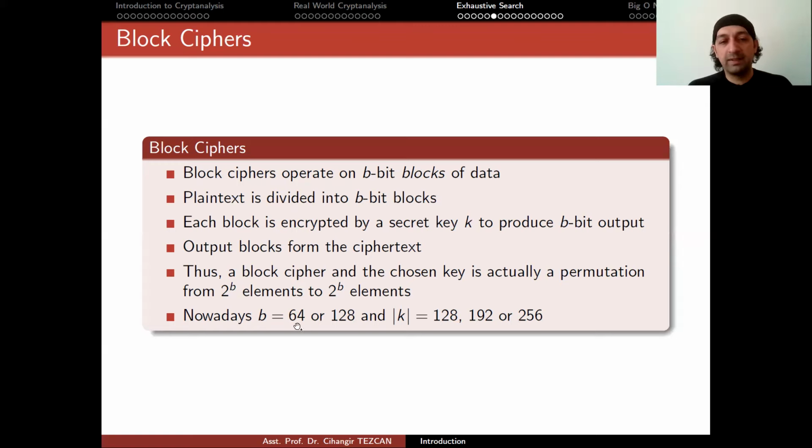Nowadays, the block size is 64 or 128 bits. This corresponds to 8 and 16 bytes. So we are actually encrypting 8 characters or 16 characters at a time. If we go back to frequency analysis, here you can see why the block cipher idea came from there, because substituting one letter with another could be broken. Doing it by 2 characters or 3 characters can still be broken by hand. If you increase the number to 4 or 5, computers can be used to break this system. So this is why we choose a block size a little bit large, like 8 characters here,